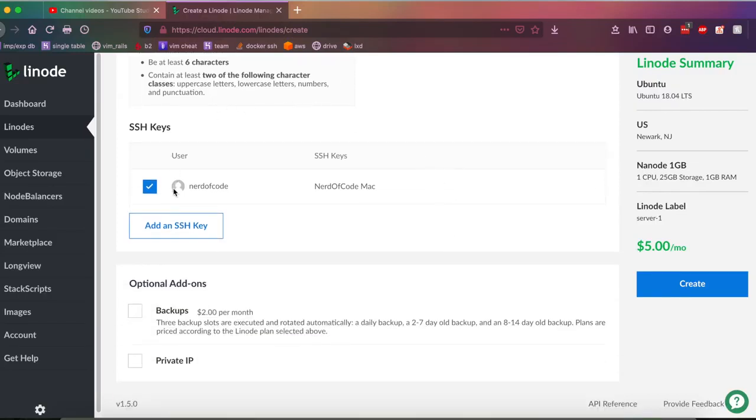Scrolling down, the last panel we see here is optional add-ons. And as you can see, it consists of backups and private IP. If you don't know what a private IP is, you're probably not going to want to use it. I will say that it is useful if you want to communicate over Linode's